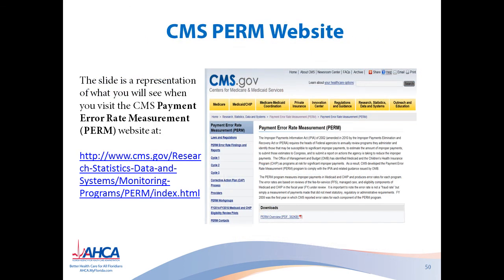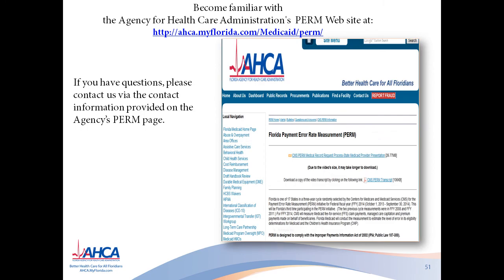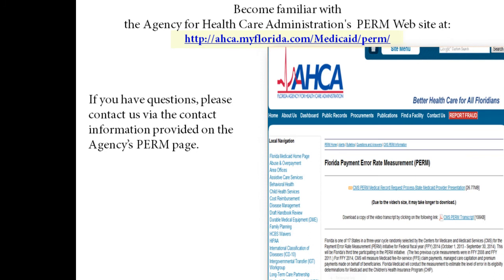If you visit the CMS Payment Error Rate Measurement or PERM website, you will see this as their PERM homepage. You can visit the cms.gov website for PERM at http://www.cms.gov/research-data-and-system/monitoring-programs/perm/index.html. In order to become familiar with the Agency for Healthcare Administration's PERM website, please visit us at http://ahca.myflorida.com/Medicaid/PERM. If you have any questions,